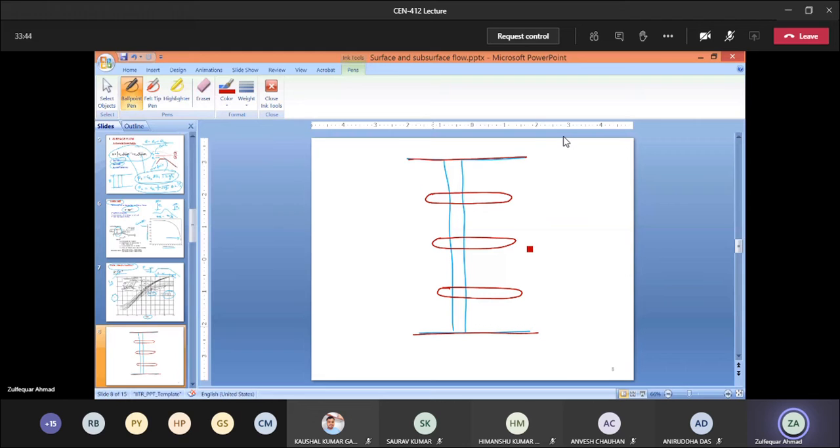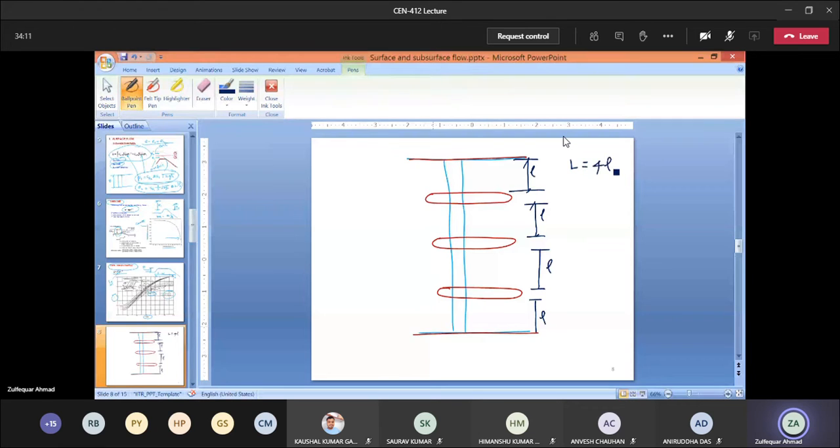Now, if you see here, what is the clear waterway? Let me write here. This is a small L, and let us say all are a small L. This one is also a small L. This is also a small L. It means that our total clear waterway is 4 times L, right?